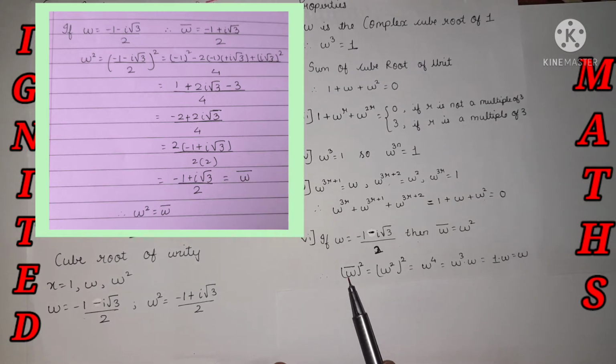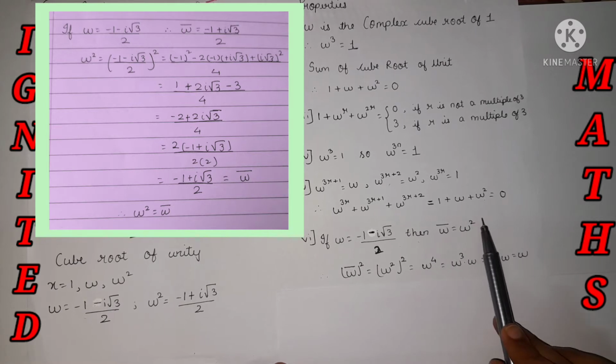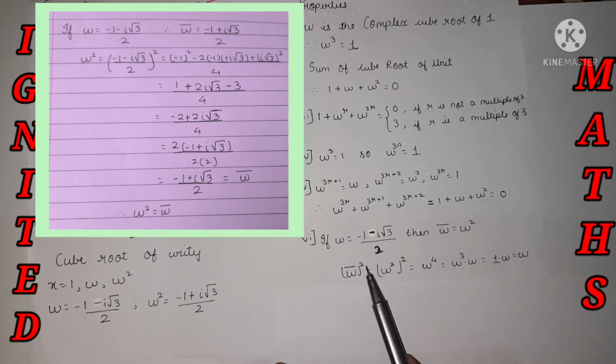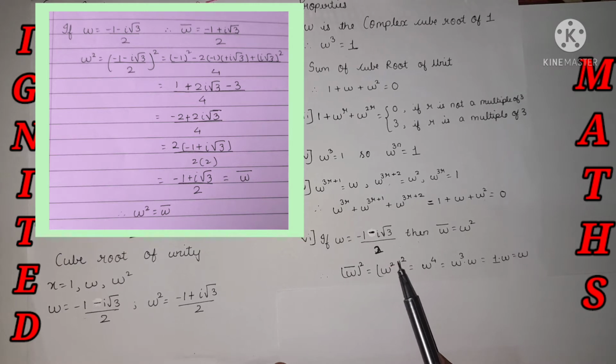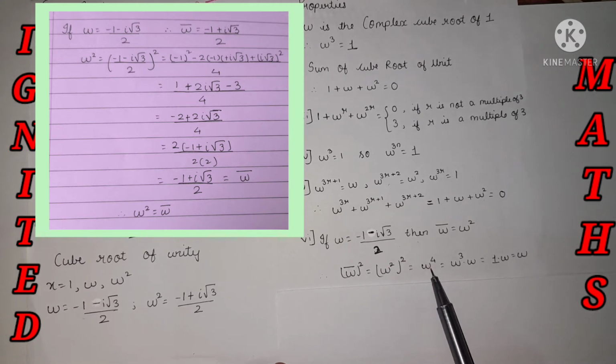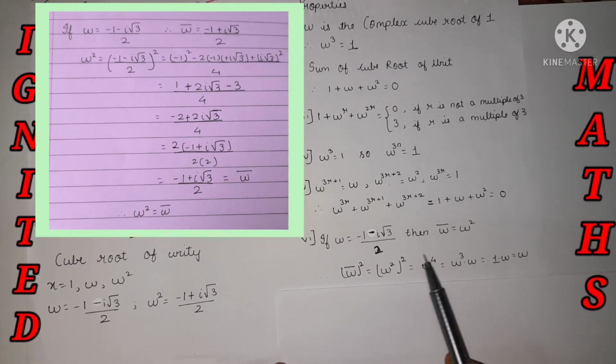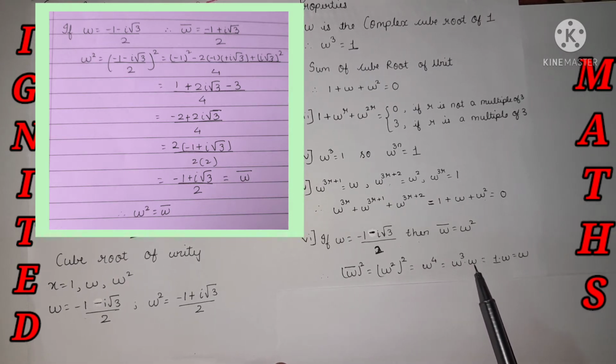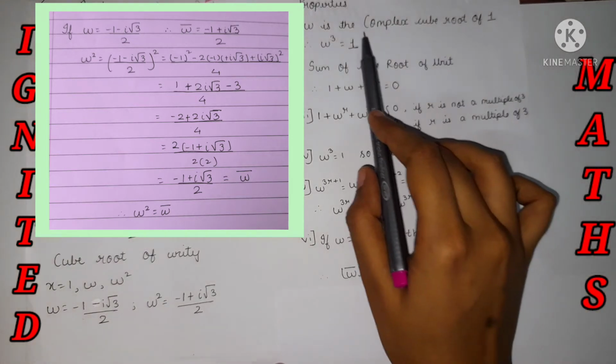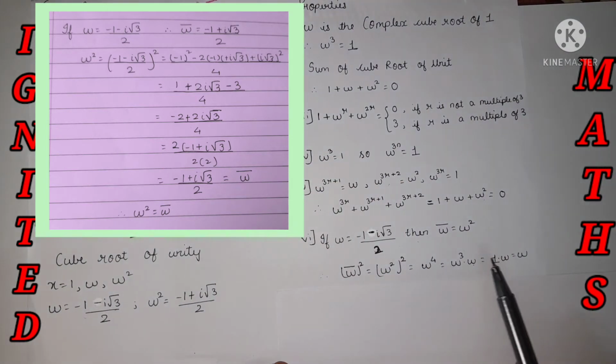Now the next. Okay, omega conjugate, I'll take the square. So it's nothing but omega conjugate, I know the value is omega square. I have done it over here, and the square as well. Omega square into square is nothing but omega raised to 4. So how can I split it? Omega cube dot omega, in which omega cube, from my first pillar, is nothing but 1. So 1 dot omega, or 1 multiplied by omega, is equal to omega. Yes, the sixth building is also constructed.